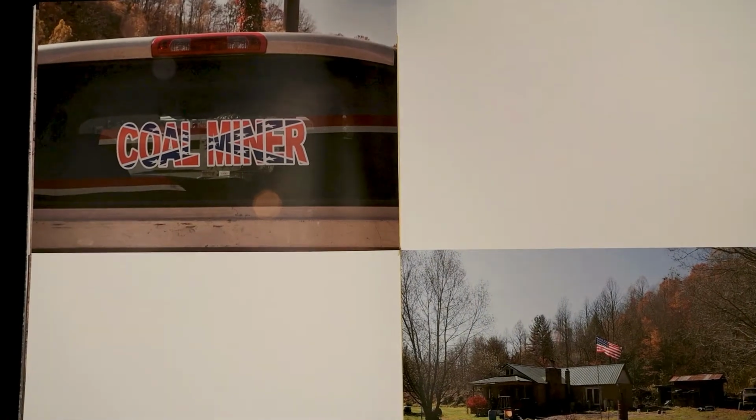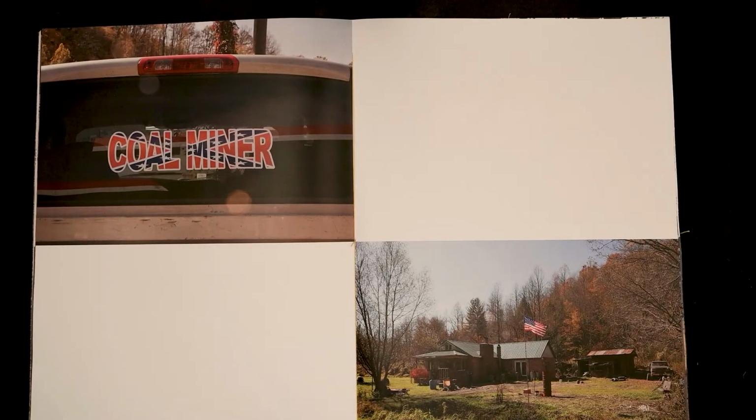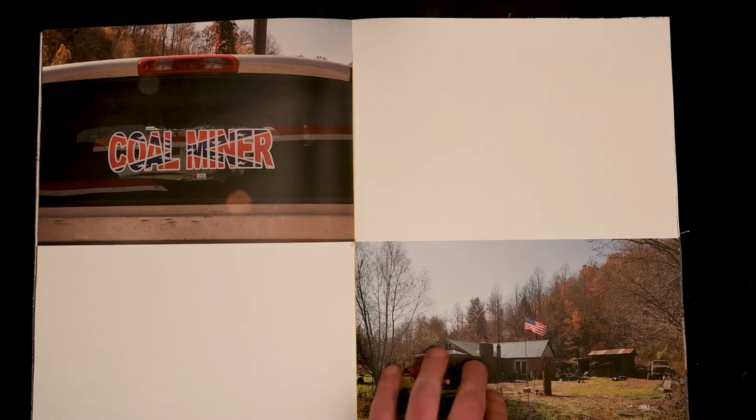And then we're coming to the coal miner. Now, there's a lot of divide within the community. There are people working in the coal mines there, still not a lot. People in the towns are scared sometimes to get involved because it might affect their jobs and stuff like that, because there's a lot of opposition within the community